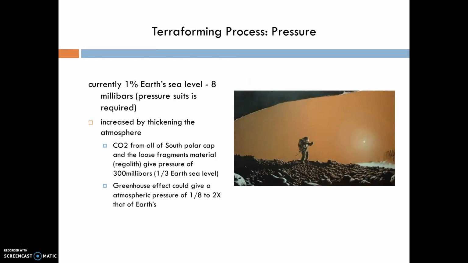Now, the next step of the terraforming process is the pressure. Currently on Mars, it has 1% of Earth's sea level. That's 8 millibars, which would still require pressure suits. And this can be increased by thickening the atmosphere. And from the carbon dioxide from the south polar cap, we can be able to do that,